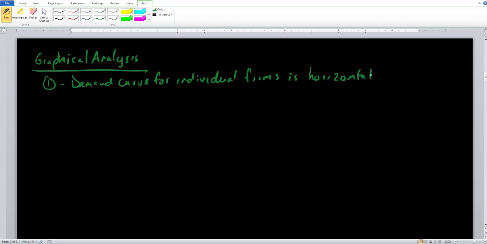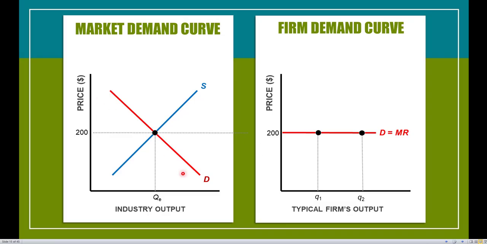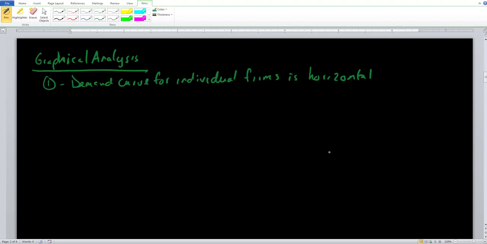And that stems from the fact that they are price takers, so they have to see the equilibrium price on the marketplace, and that is the price that they are going to charge. So here, equilibrium price of 200, and that's what every single firm is going to charge. So therefore, perfectly elastic, it is horizontal in this case. So horizontal demand curve. Point number two, the firm can sell as much product as it wants at that market